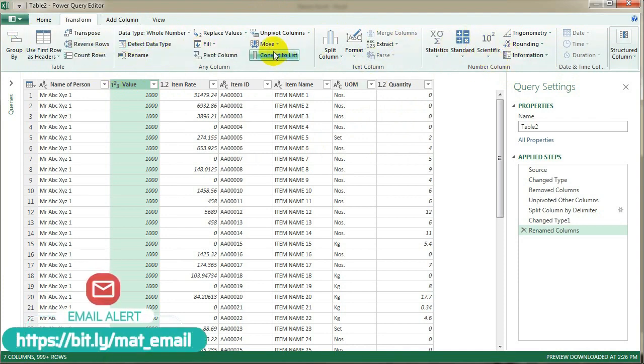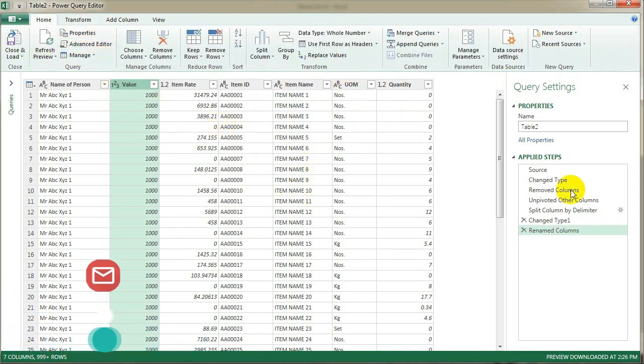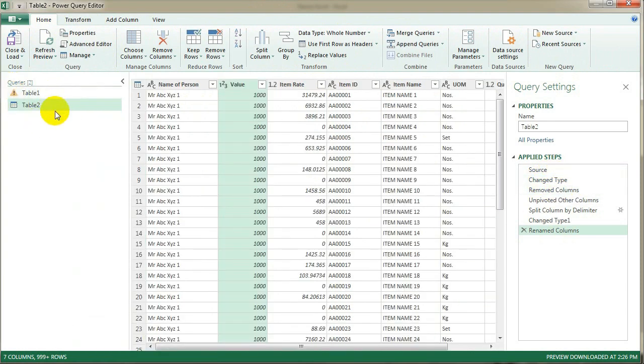So go to Home, and Power Query. Here you can find the table which I used in this video. Maybe there are multiple tables, and Power Query writes each step here. Every time you refresh the data, there is a refresh option, Refresh Preview for the selected table.